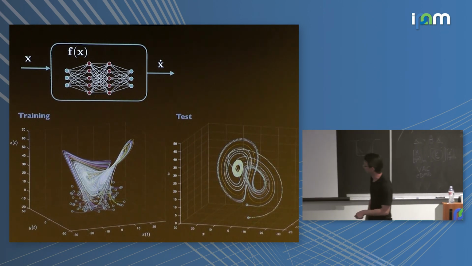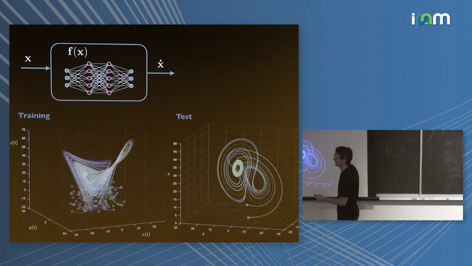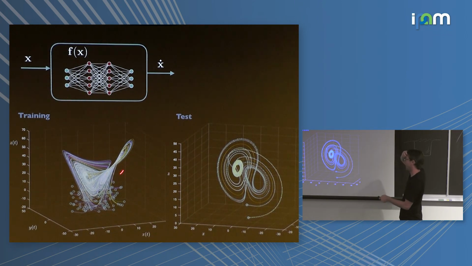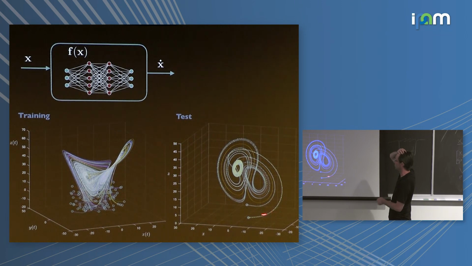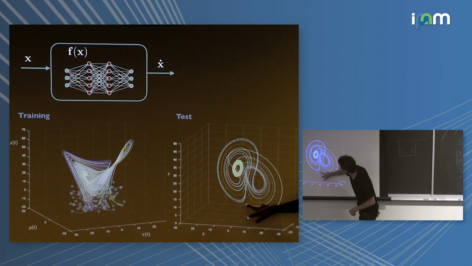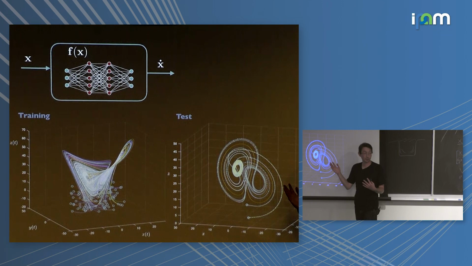This is an example Nathan Kutz cooked up for our book, where he's trying to learn the Lorenz system. He starts with a bunch of initial conditions to get some transients, to see how these initial conditions rapidly glom onto the attractor and then move around. So this is the training data, and this is applied on two test trajectories here. This neural network is just a simple feed-forward network, and it does a pretty good job of capturing roughly the attractor structure.